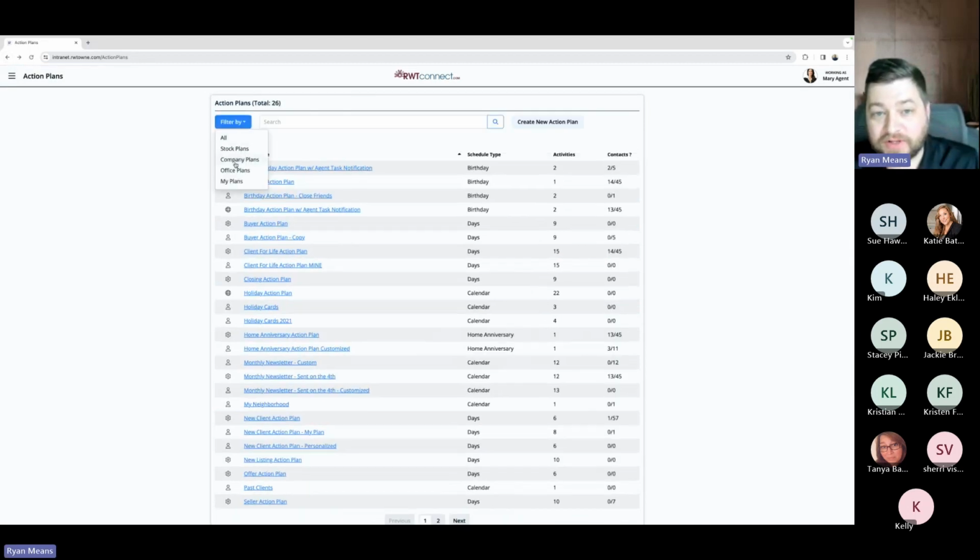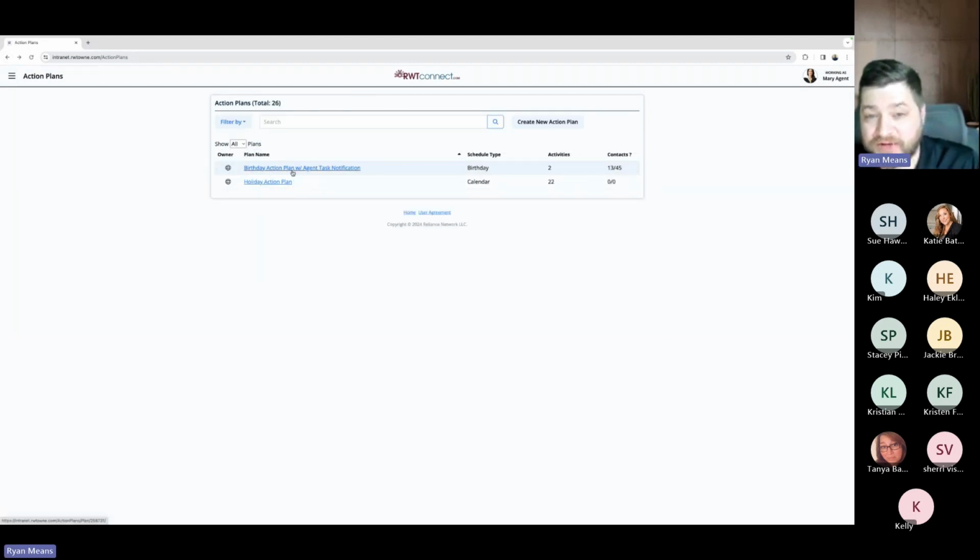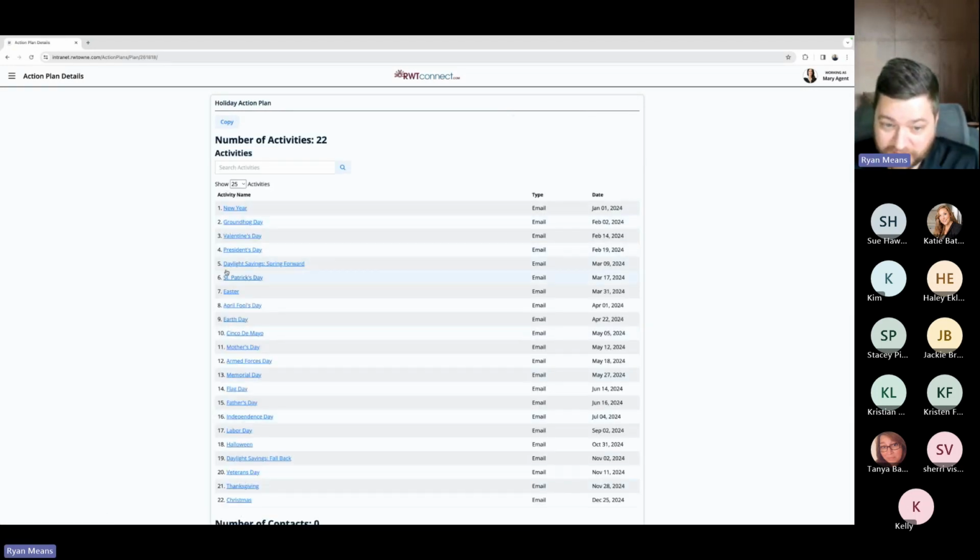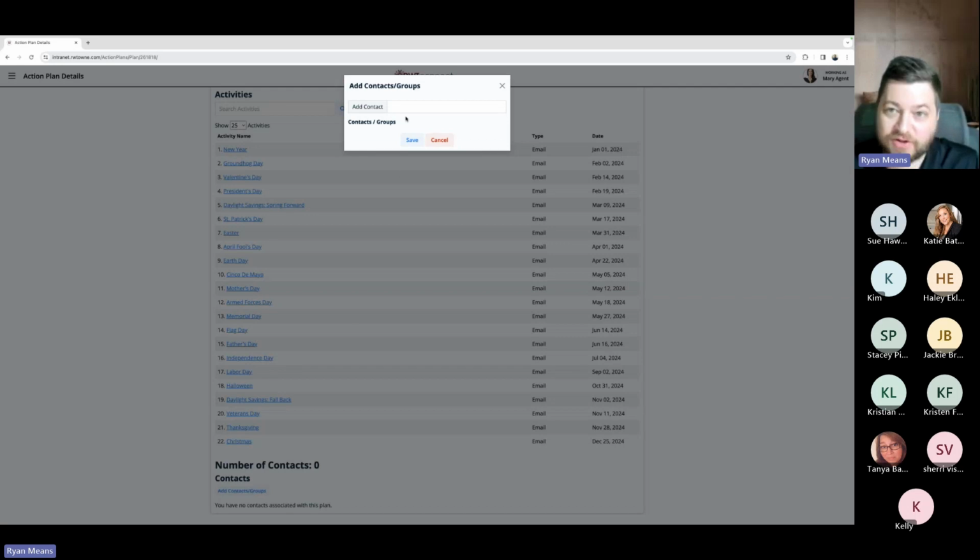Now, I mentioned your company also has some fantastic action plans. You've got the birthday one, which I think is huge. A lot of companies don't preset that with an agent task notification. You also have your own custom holiday action plan. And this is set up by your company, and you've got all of your own company emails built into this, ready to go. And again, if I wanted, I could add all contacts,